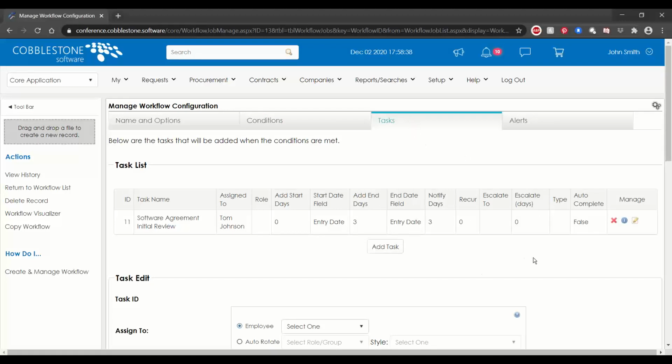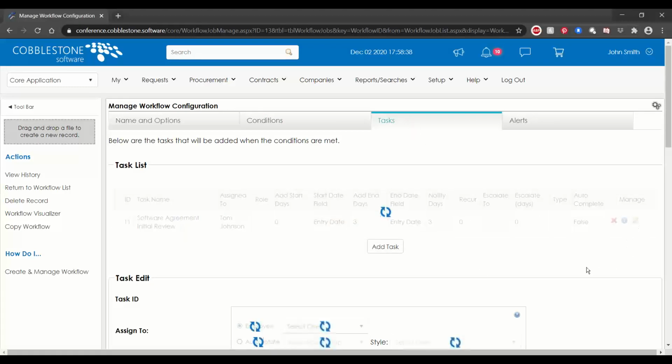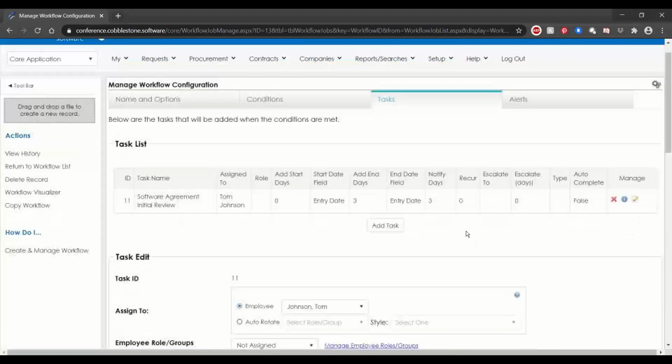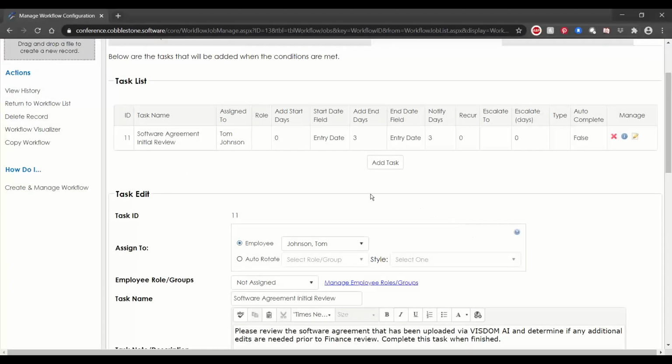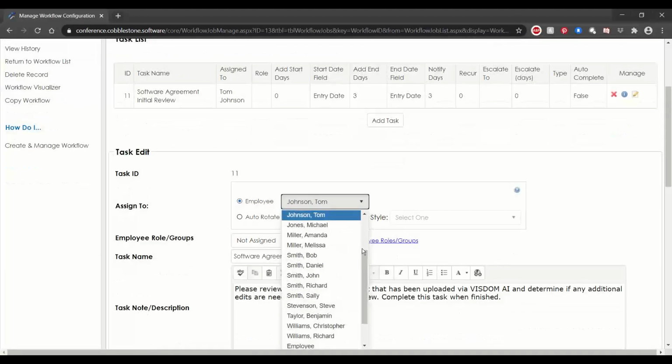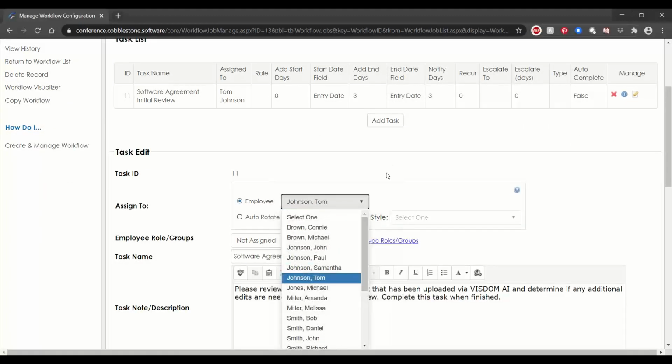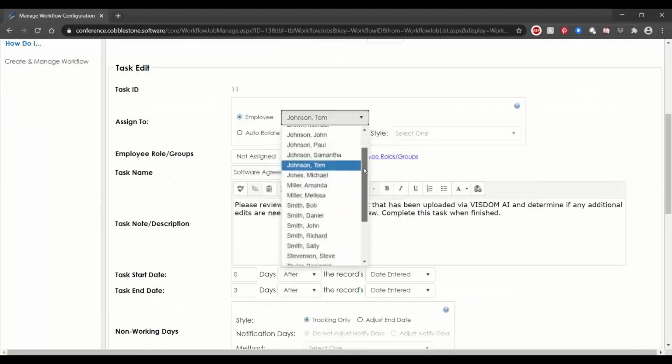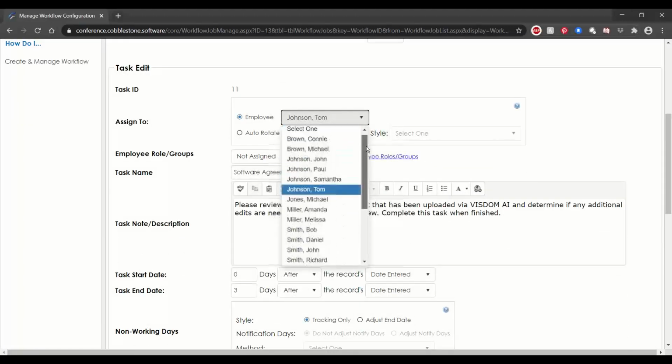And because this is a pre-created workflow, we already have a task set up. So let's go over the different aspects of this task in order to see what the actual task is to do. So the first portion of a task that you're going to want to do is assign it to a user. In the employee sections field here, we can choose from a list of users. These users are the ones that are currently marked as active in our system, and any user can be selected